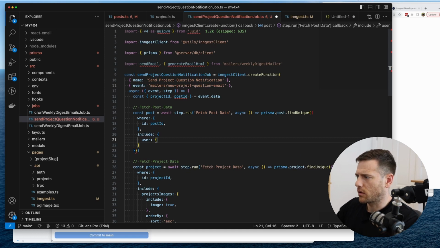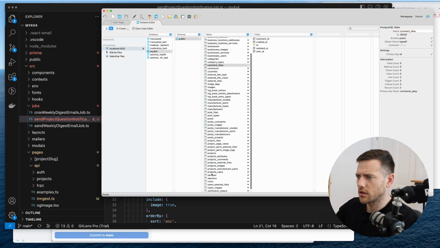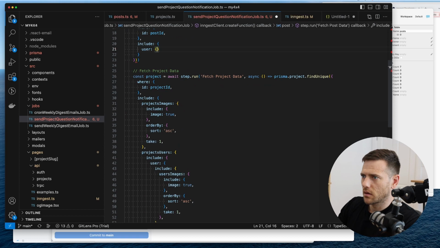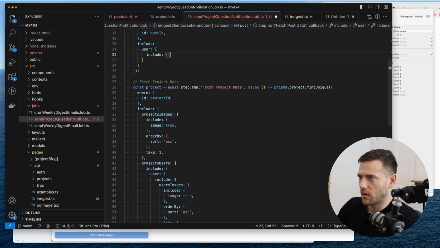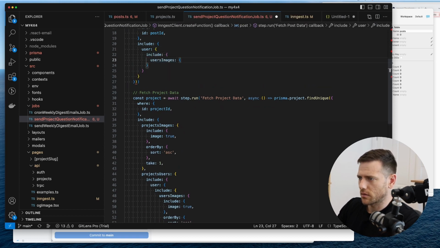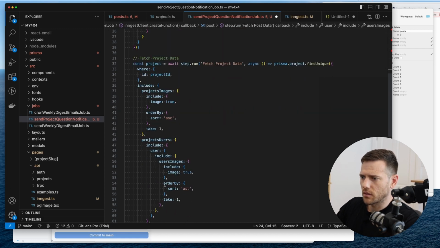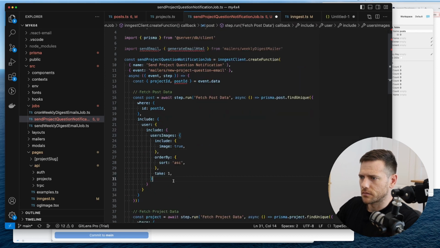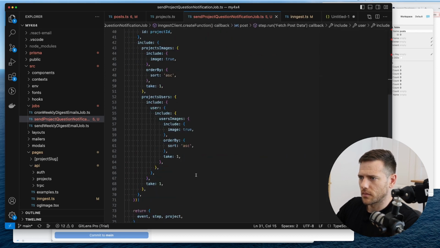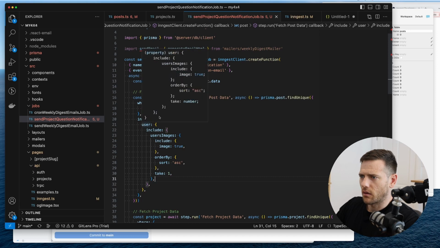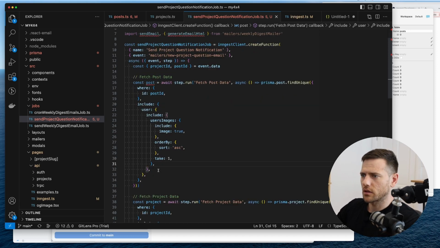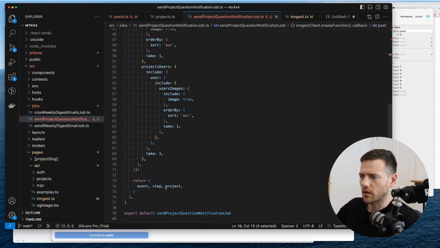Do we have user? A post belongs directly to a user. Let's just check that. User ID, yep. So what we want to do is include the user. What else do we have? User images. Let's grab the user's images. Let's grab the first image of that user. All right. Because that way we can actually use it and put a little photo and say, hey, this guy's asked this question. So now I'm also going to return